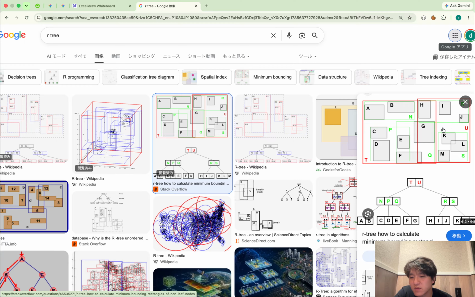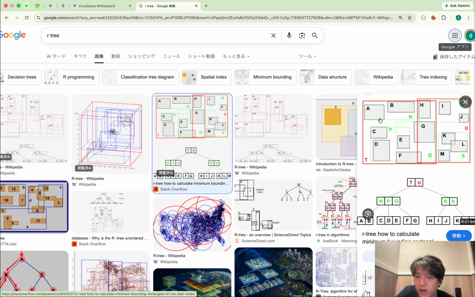And of course, this box has to be included in the parent box in this level. So I have to adjust the parent box too, and then maybe the grandparent box too. So of course, if the data point is moved inside of the leaf node,